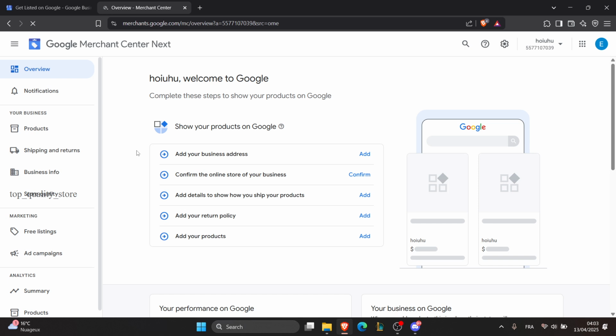The second step is to enter your business name and category. Start by typing in your business name and select a business category that best fits your services. The third step is to add your location. Choose yes if you have a physical location customers can visit, and enter your address, and this will place you on